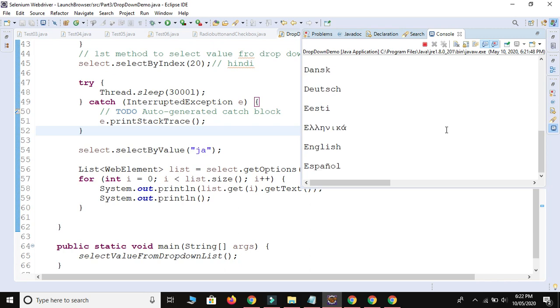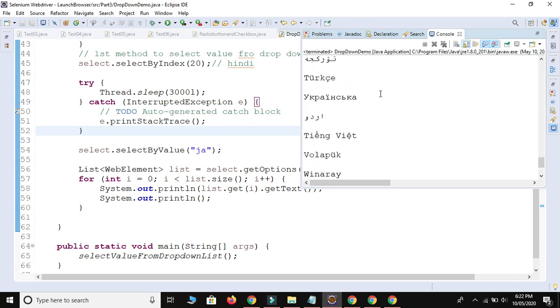Okay, very good. Now I'm so happy. Yeah, we are good to go. See guys, this language is also printed, each and every language. Okay, UTF-8 is used to print each and every language.